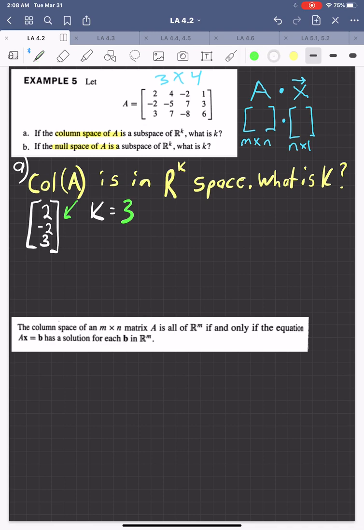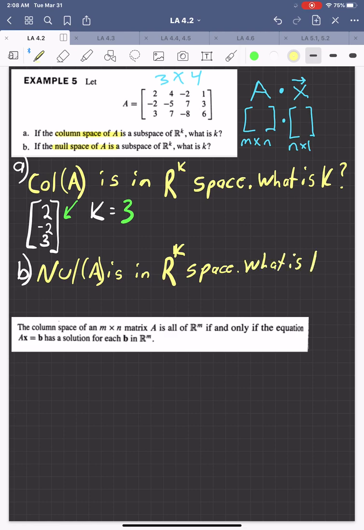All right, now let's go to part B. So now we're talking about the null space of matrix A, and this is in RK space. Again, we're trying to figure out what dimension of space we are in when we're talking about the null space. Are we in 3-dimensional space, 4-dimensional space? What are we in? Well,